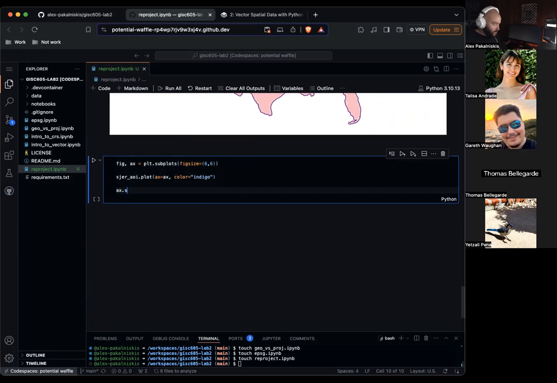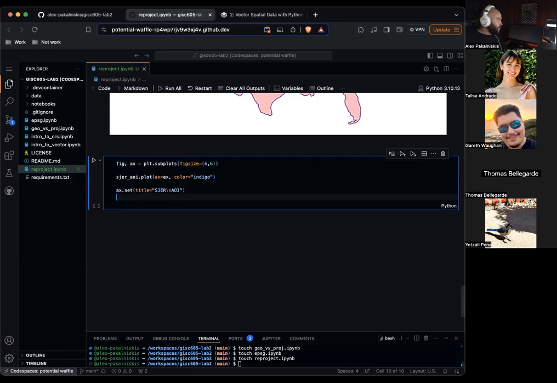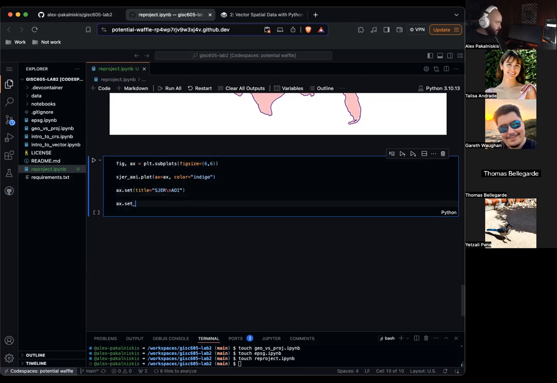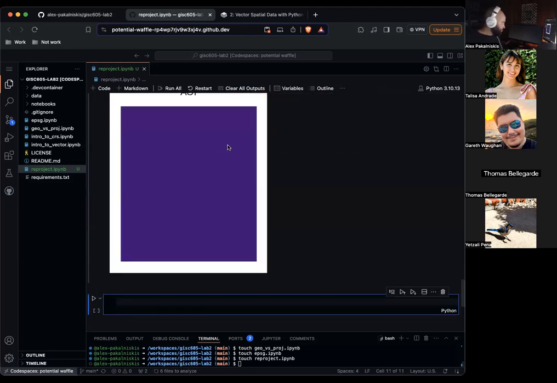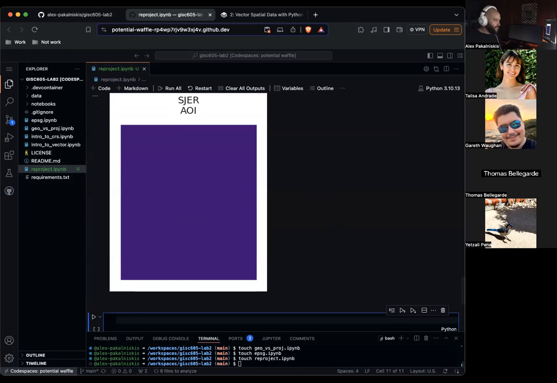Let's just do ax dot set title equals SJER AOI. ax dot set axis off, plt dot show. So that's our area of interest.